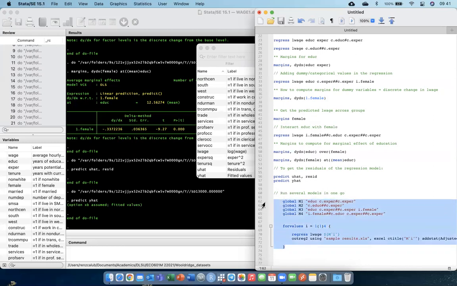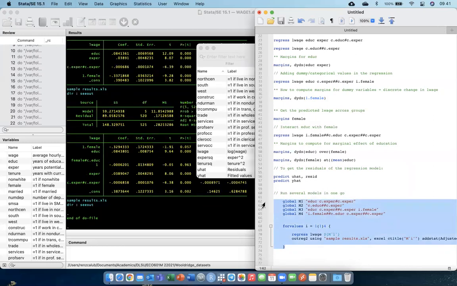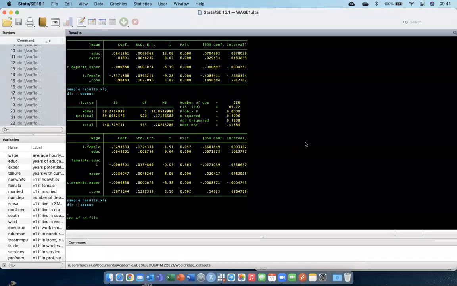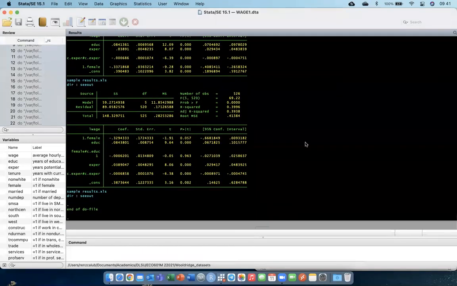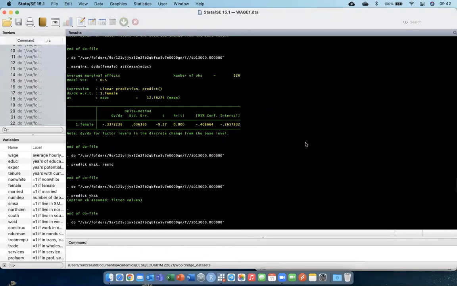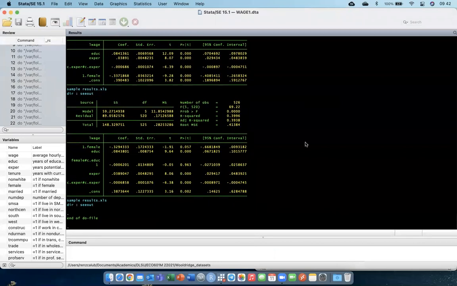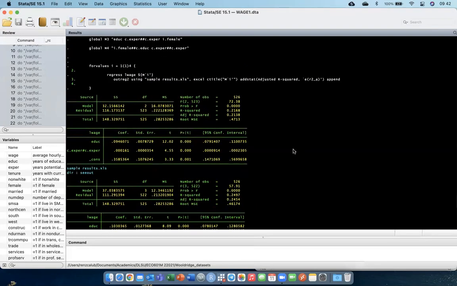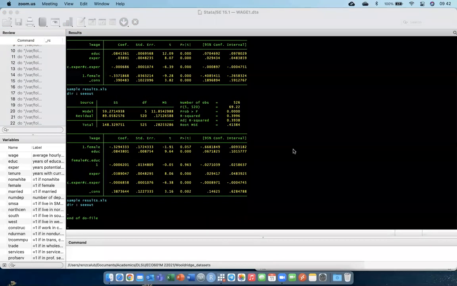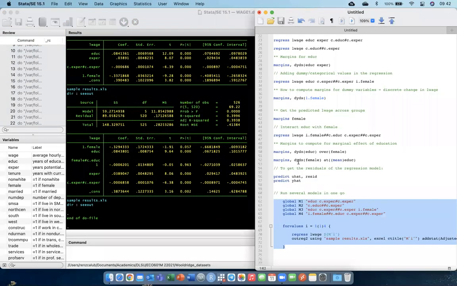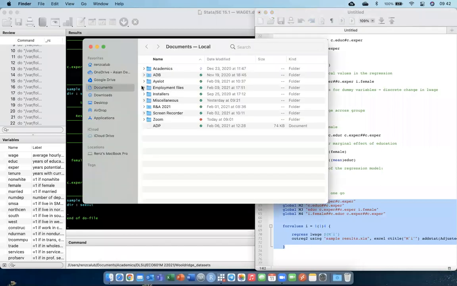So let me run this. That automates the process, right? It runs the regression. You can copy paste the results. Of course, you can. I did that before. You can do that, but it's really tedious. So it automates the process for you, and at the same time, because of the outreg command, you can now